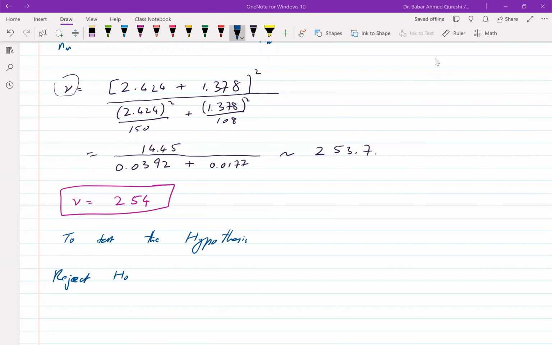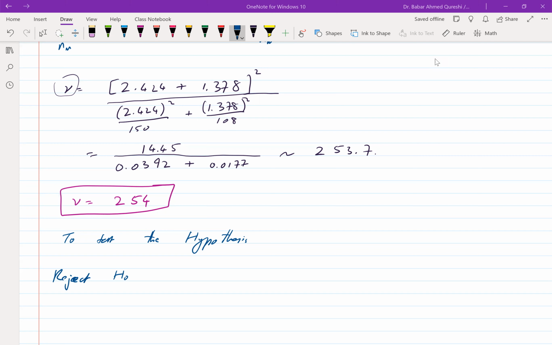So now we have computed these degrees of freedom. It's 254, a big number. When the number of degrees of freedom is large, it almost becomes a normal distribution. You start seeing a difference only at the third decimal, but we can still use the t distribution. To test this hypothesis, we can now reject H naught if,